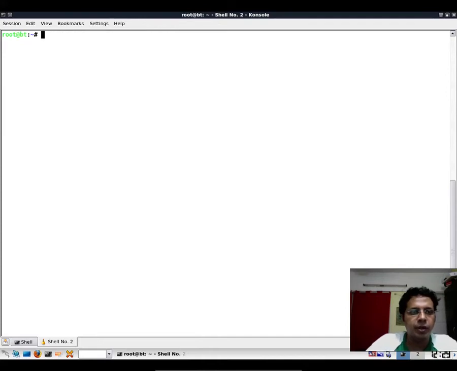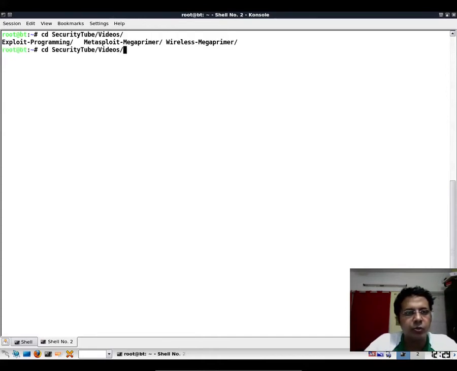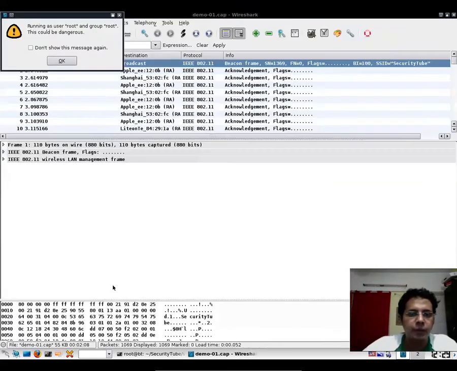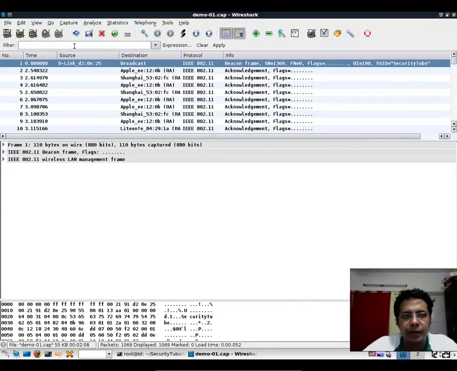Let me go into the security tube directory, wireless. This is where everything is running. One of the other interesting things some of you may not know is that we can directly give the capture file name to Wireshark, and it just goes ahead and opens up the capture file directly.